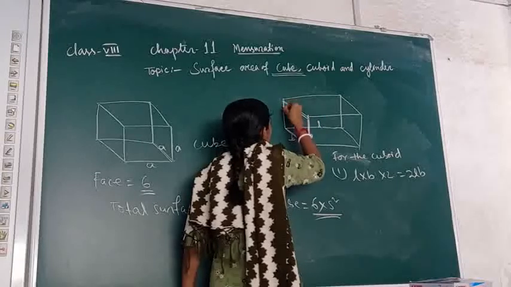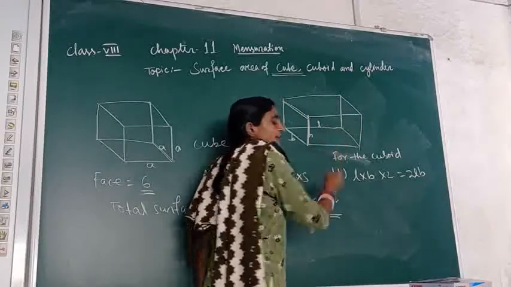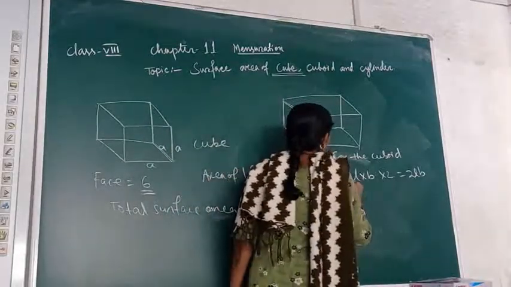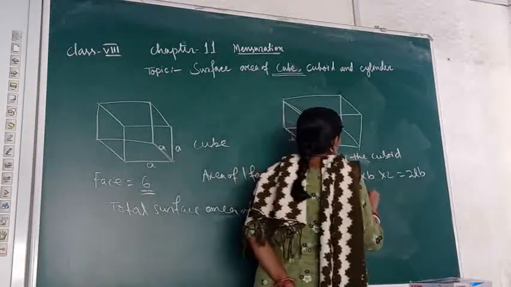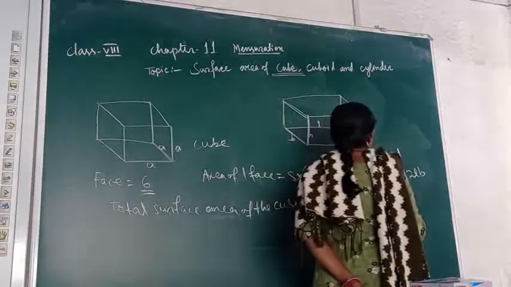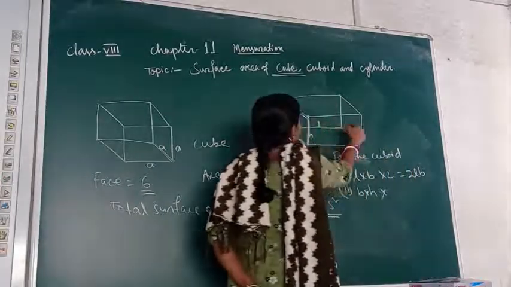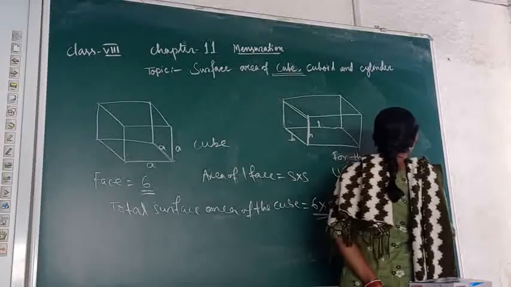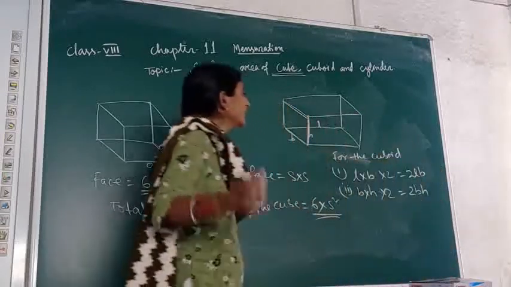Because by that we will get this area, and this is also identical. Two faces we are getting here. In this case, we are going to consider breadth and height and into 2, because these also have 2. That opposite one, so here that one also will be 2 into b into h. Now one more we have.